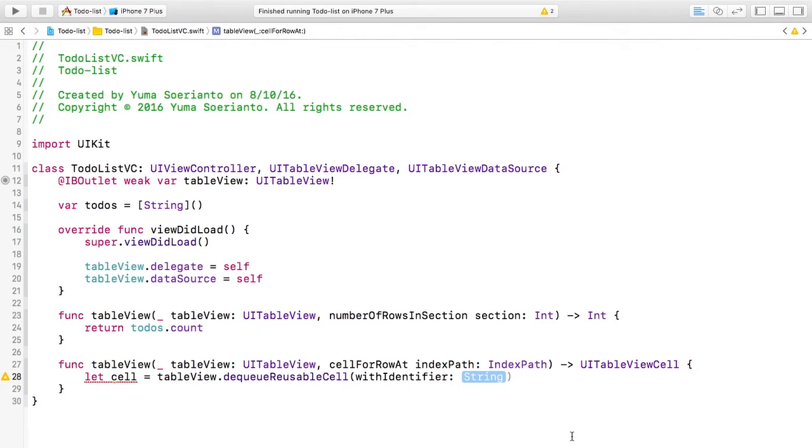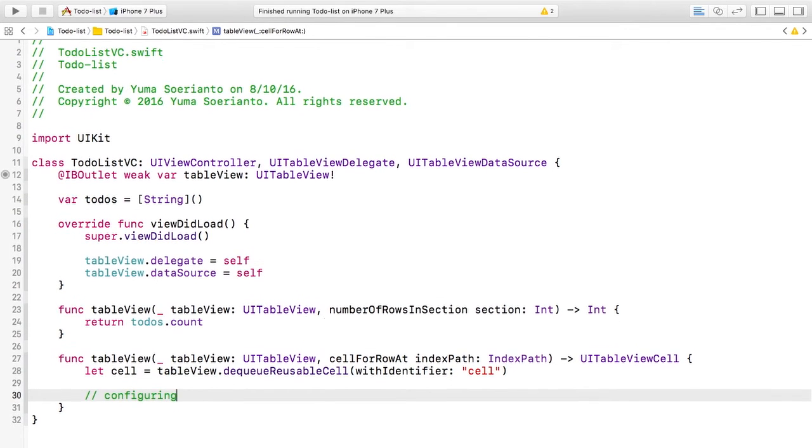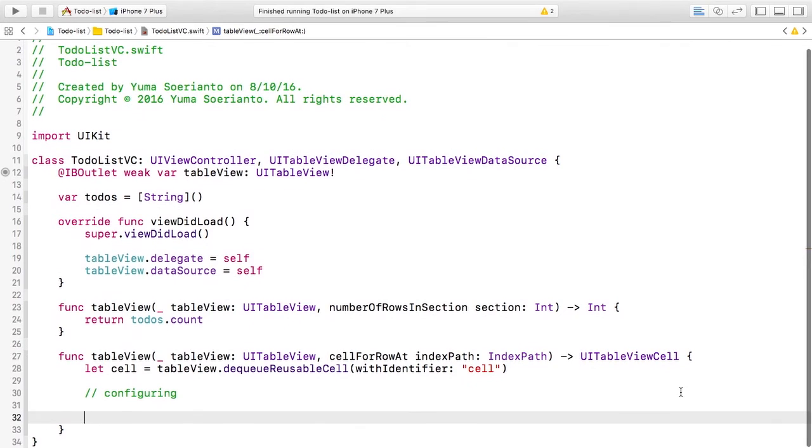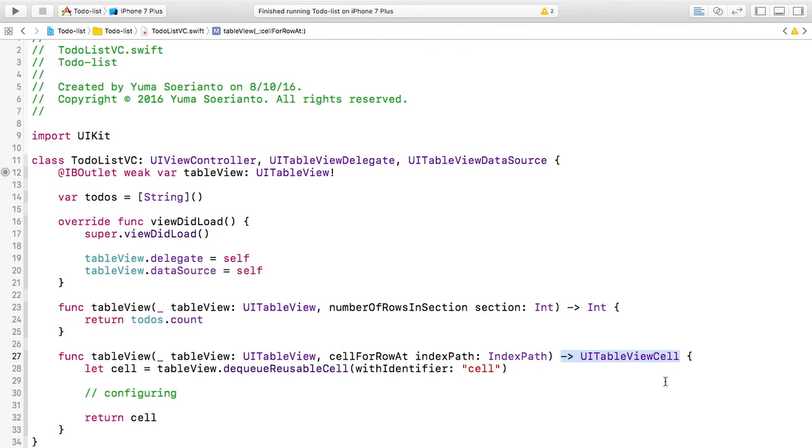So we need the identifier. We have it here. It's called cell. Yeah. So then we'll do the configuring here, and then we'll just return this cell, because see, it wants to return a UI table view cell, and so